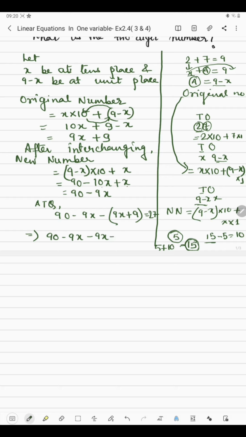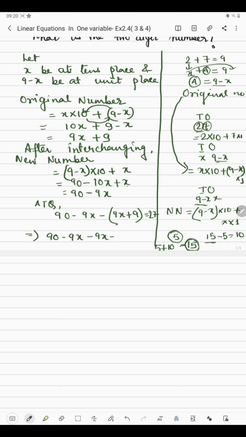Now if you interchange the digits, at first I have taken 2 in tens place and 6 in ones place, and after interchanging 6 will be at tens place and 2 will be at ones place. Then add the resulting number. This is the resulting number and this is the original number, suppose. Now here it is said to add the resulting number to the original number. Now if you add these two, you will get 88. So this is the question. So let's start.